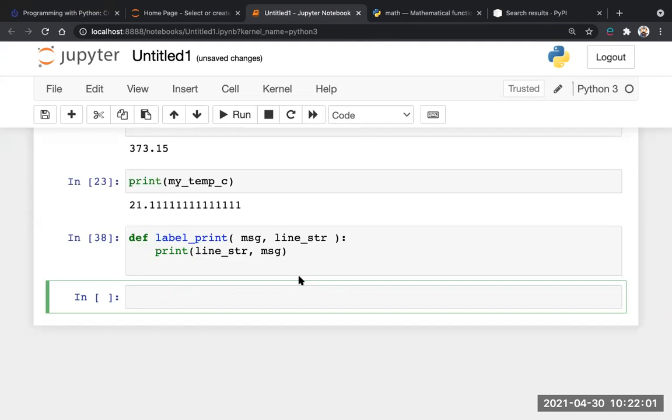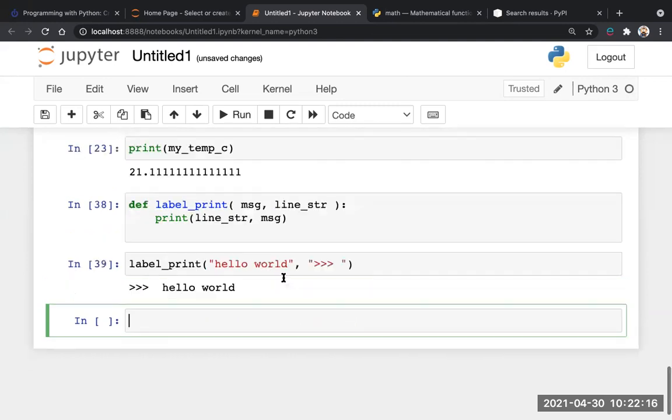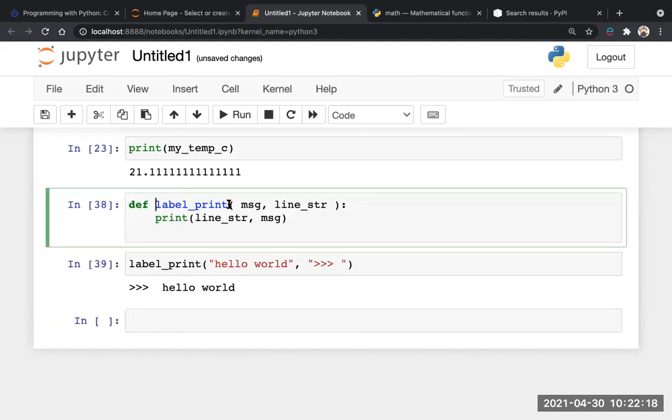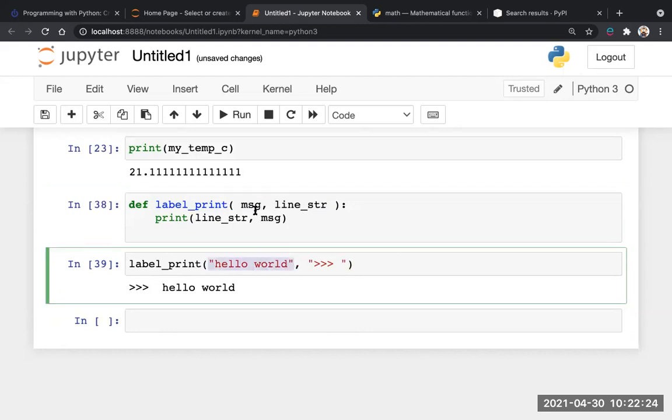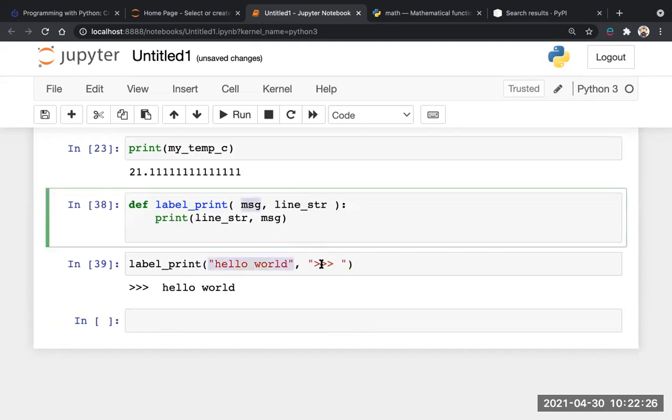If I run that, and now if I call that label print, now do my message, classic hello world. And then we'll just have something like that, just a sort of prompt kind of thing. I run it, there we go. So there I've defined my function, label print, takes 2 arguments this time, separated with a comma. When I call it, I'm giving hello world as MSG and that as Linestra, and now I'm just printing it